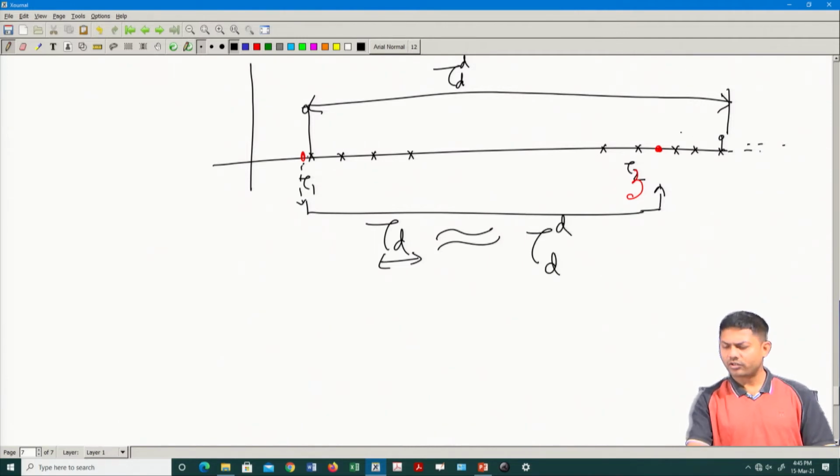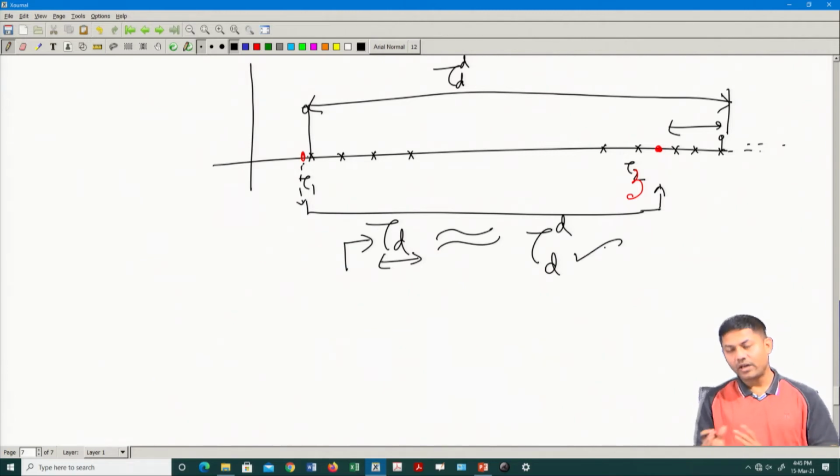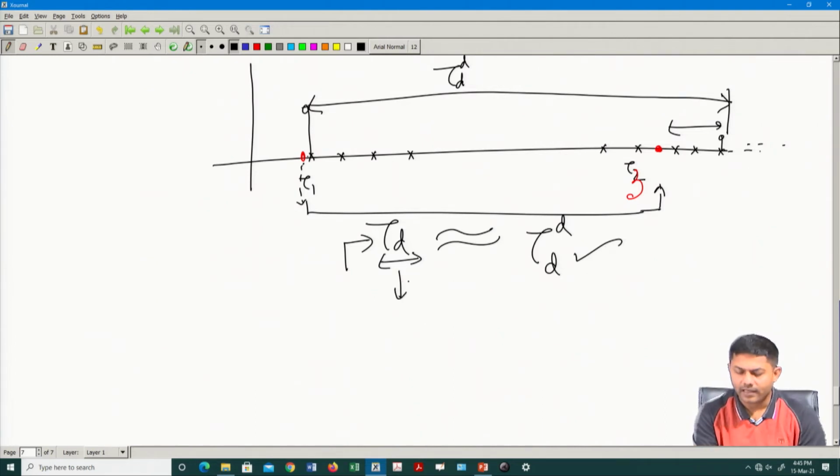Naturally, there may be a few extra samples that come, obviously, because it is a sinc, and it depends on how you are sampling it. But there is a correlation. So, this is my RF analog exact tau d, the delay spread, and this is after digitization. They may not exactly match, but they are related. If this is in the order of, say, 10 microseconds, you cannot expect that this becomes 100 microseconds, that will never happen, obviously.